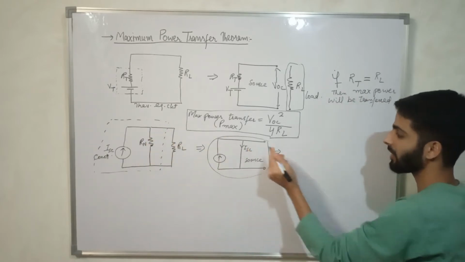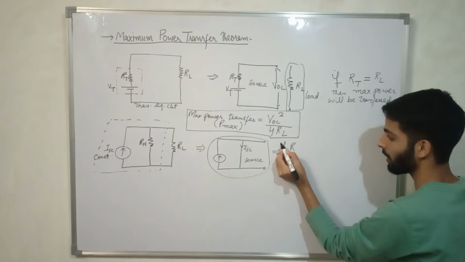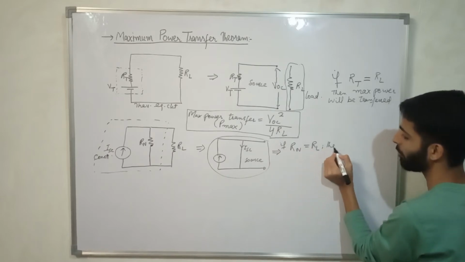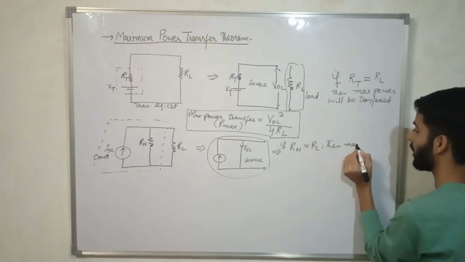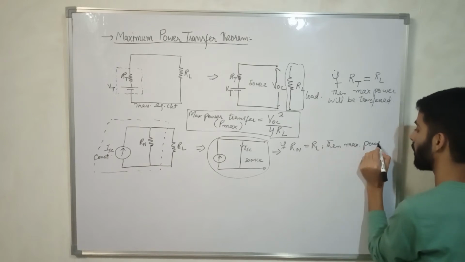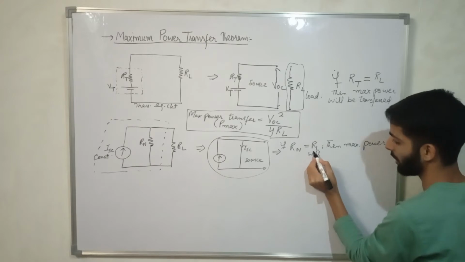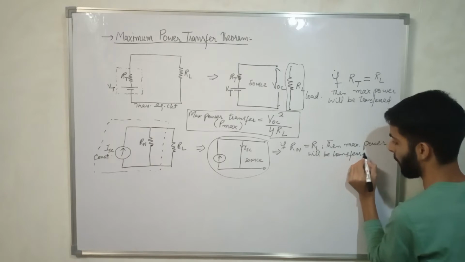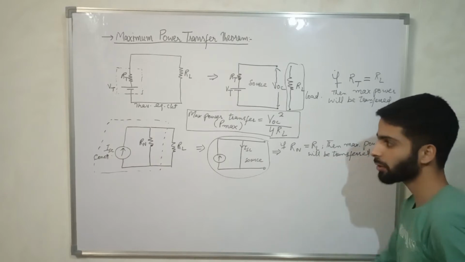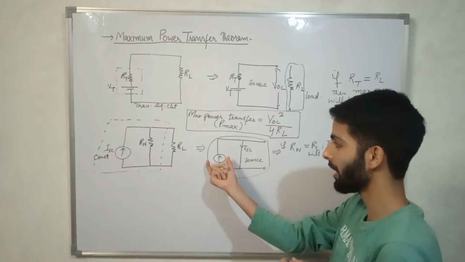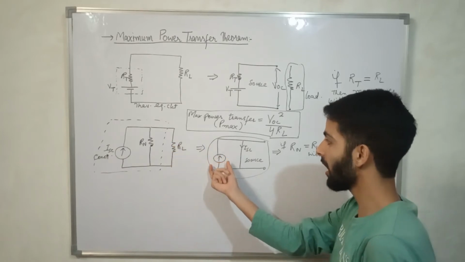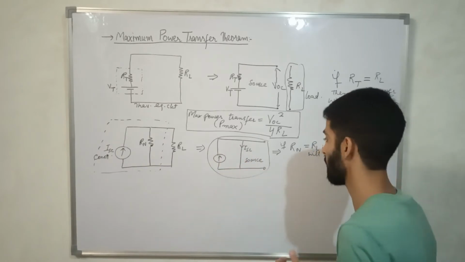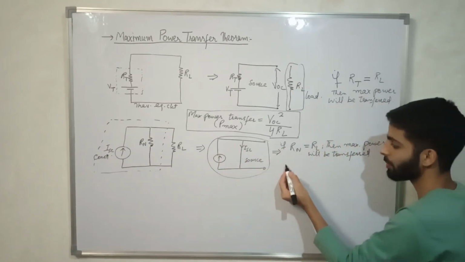Okay, the internal resistance Rn, if Rn equals RL, then maximum power will be transferred. But here we have short circuit current, here we don't have a voltage because in the Norton equivalent circuit we have a constant current source or short circuit current. Okay, so in that case, P max,